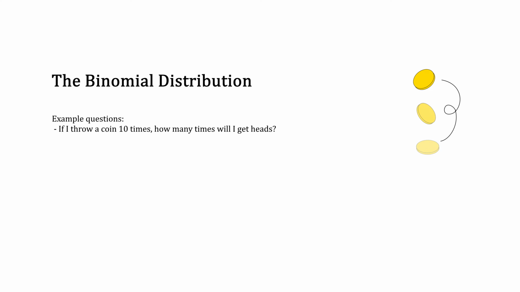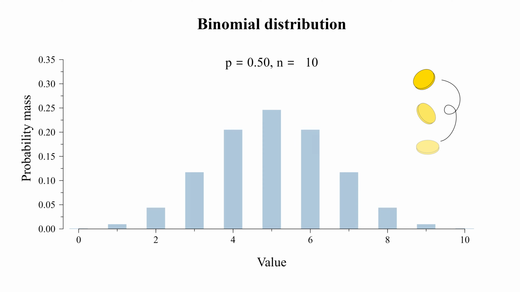The binomial distribution describes the number of successes out of the total number of trials. For example, if I throw a coin 10 times, how many times will I get heads? Of course, with a fair coin, you expect it to be half of the time, so that would be 5 out of 10 times. But if it happens 4 times or 6 times, that isn't really surprising either. The binomial distribution describes the chance of any particular number of successes. It has 2 parameters: the number of trials, so in this case 10, and the probability of success, which in